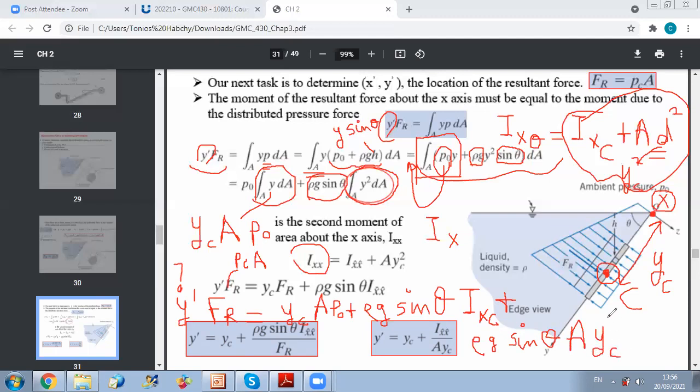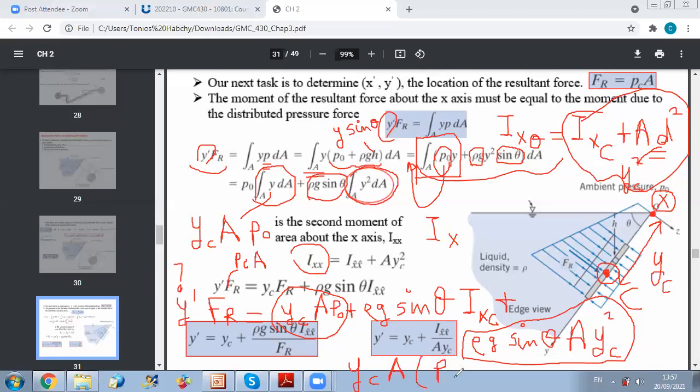Now, if you just look well at your terms, here I have yc times A times P0, and I have here rho g sine theta A times yc squared. What can I take into factor between these two terms? These two terms have in common yc times A. Let us take yc times A into factor. So yc times the area of the surface times